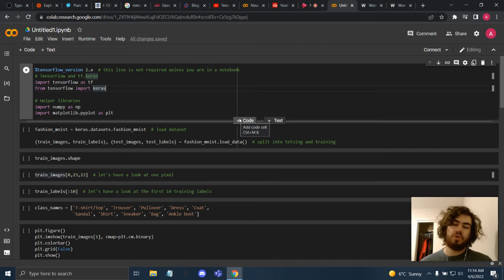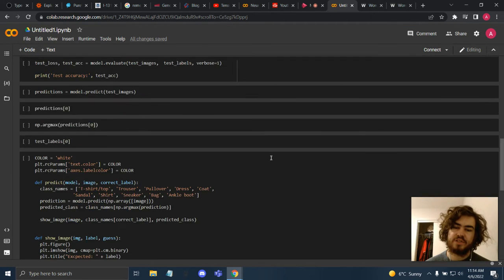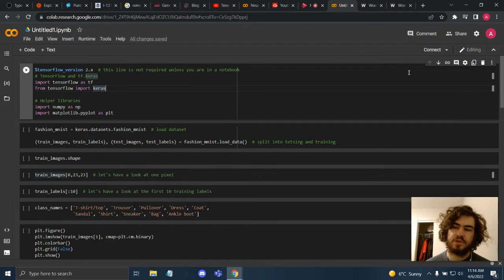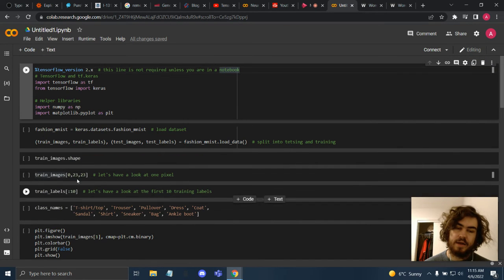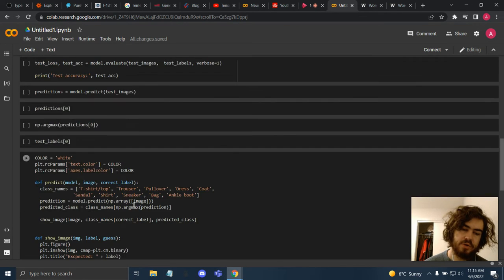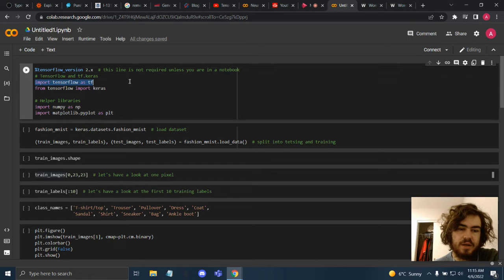So here is all the code that's necessary to do it with our lovely Google Colab, which allows us to run Python and TensorFlow in our browser on Google computers, which is great because I don't have the technology or the processing power in order to run TensorFlow myself. And then we're going to be using the TensorFlow AI API in order to actually build our machine and go from there. So first step is going to be setting our TensorFlow version, and then importing TensorFlow, the API, and